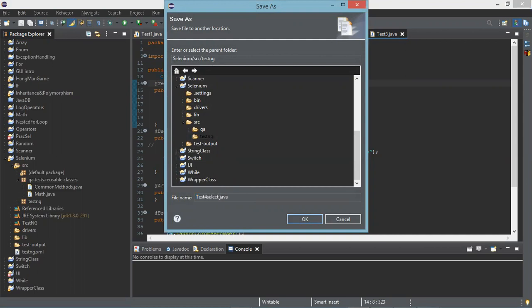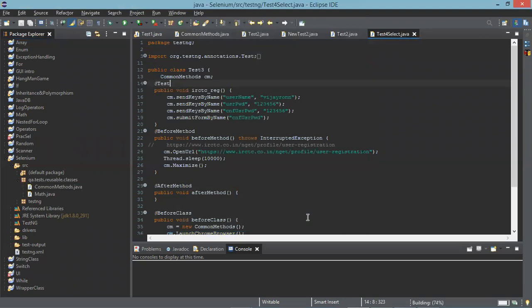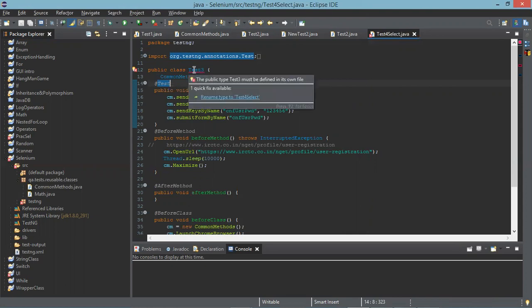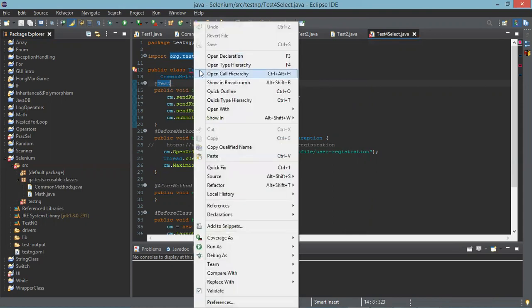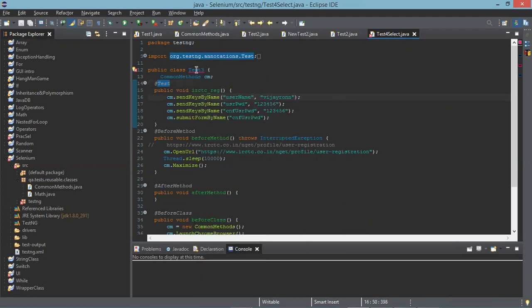When you are giving it as a separate word, you should give it as a class. Now go and rename that class, line number 12. Just mouse over, it will prompt you, change it. Save it.